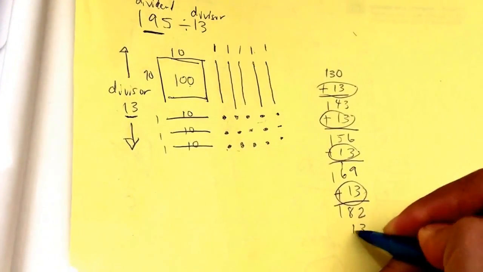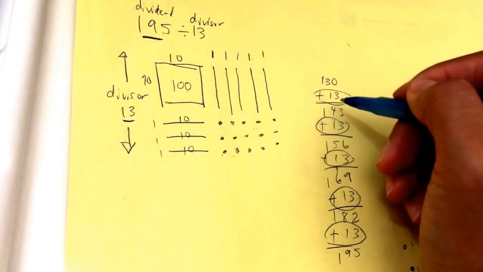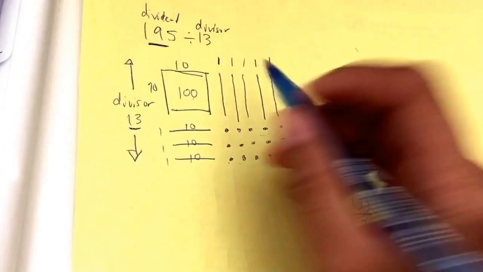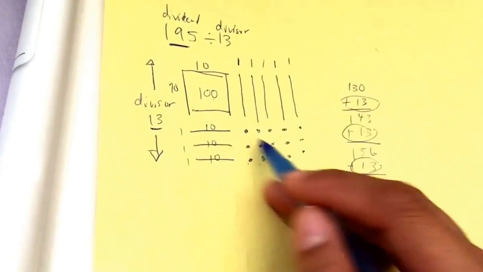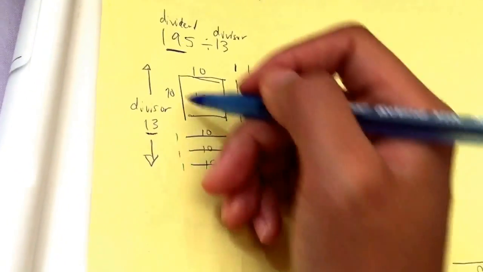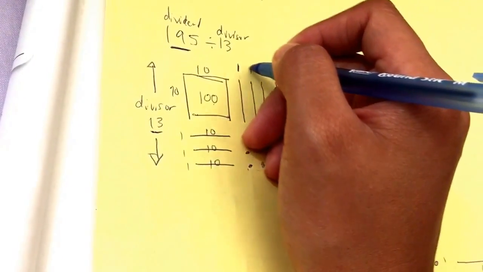And when we add that, 5, 9, 1, we finally hit our target goal. So we added 13 five times, which is why we have 1, 2, 3, 4, 5 of them right here. So now, here's our divisor. Our dividend is,